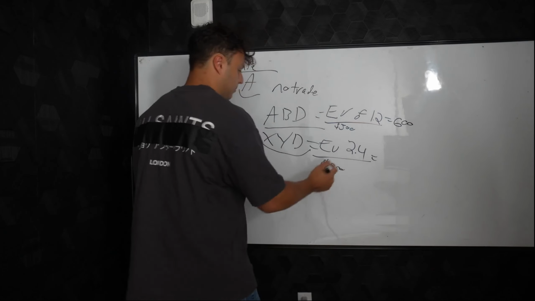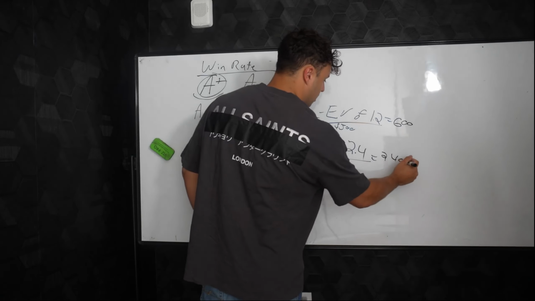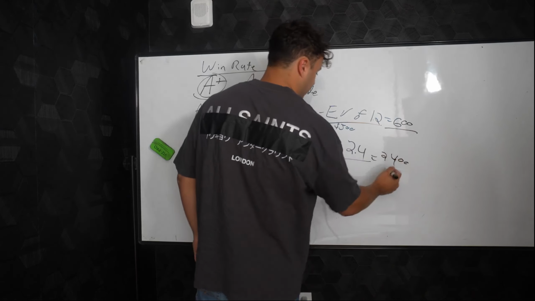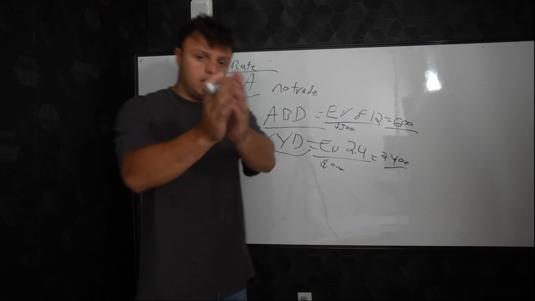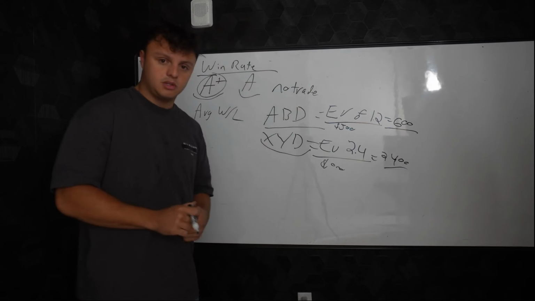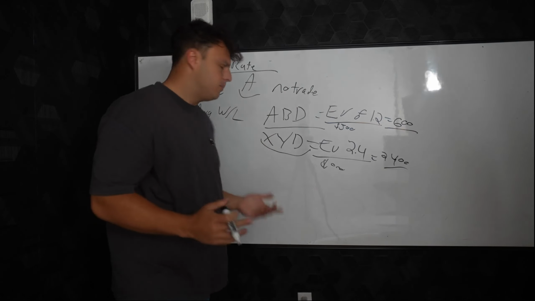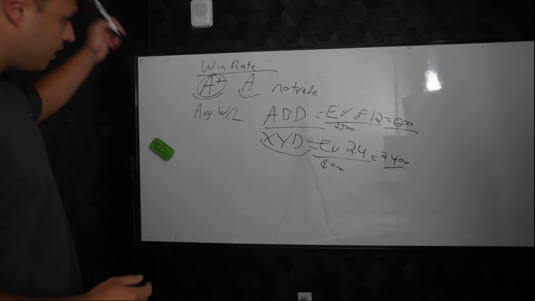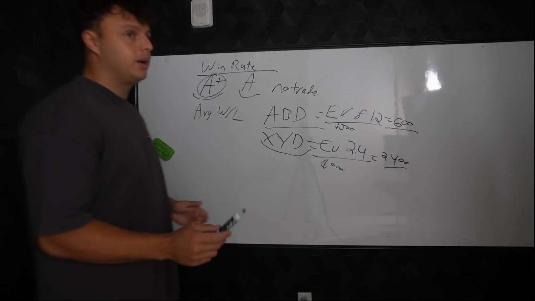And then I'm going to end up making 2,400, right? So now tell me which one is better, right? Are you going to look at me in the face and tell me there's no A plus setups when you look at the math? No, you'd be dumb to say that. Now, what does this have to do with win rate, right?